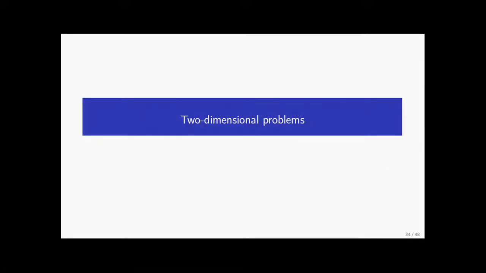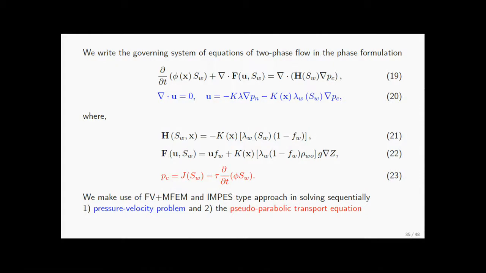And now we take another step to the two-dimensional problems. The same formulation, but now in 2D. Here we use, in the spirit of IMPA's approach, as I said before, we solve the pressure velocity problem and the parabolic transport equation sequentially. In that formulation of the transport equation, we treat the first order term somehow as a source term,